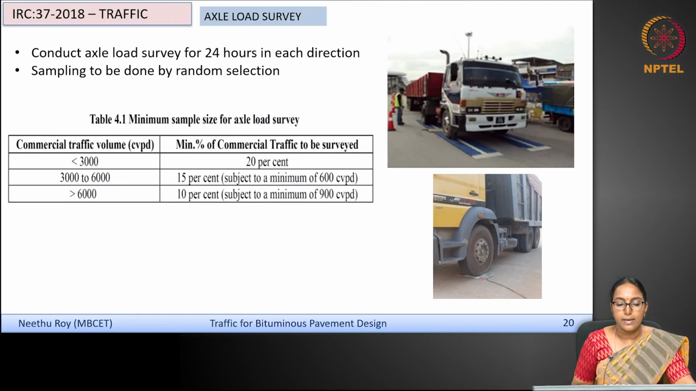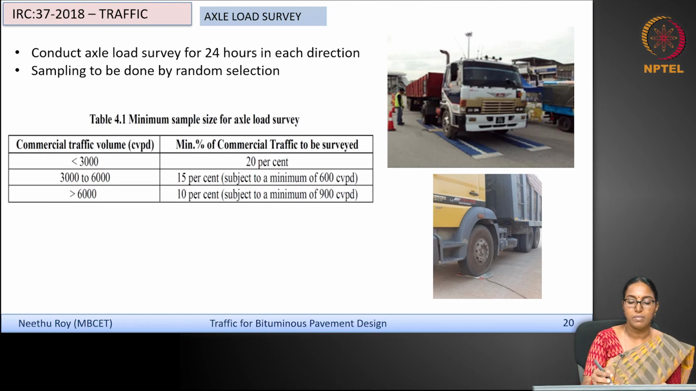Now, as per IRC 37:2018, you have to conduct the axle load survey for 24 hours in each direction of traffic. It may not be possible to stop all the vehicles in a particular stream and measure the traffic loads, so sampling has to be done, and it is suggested that the minimum sample size